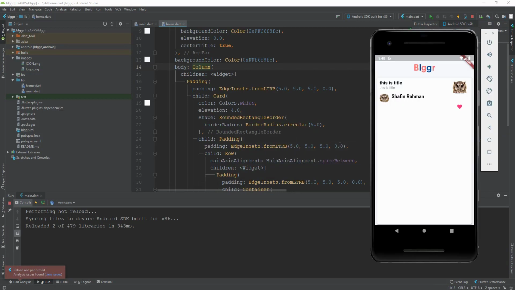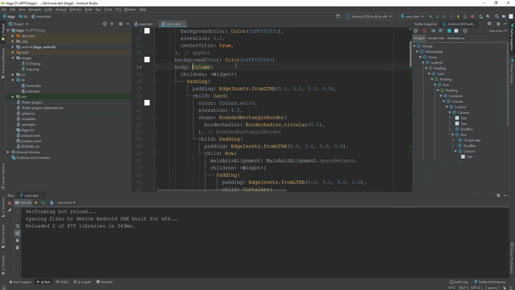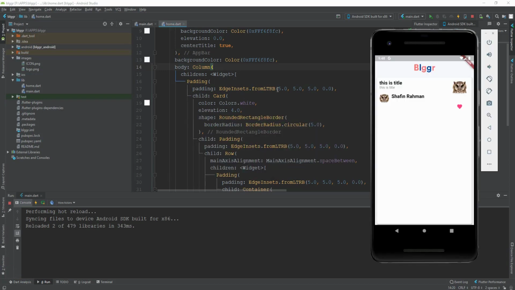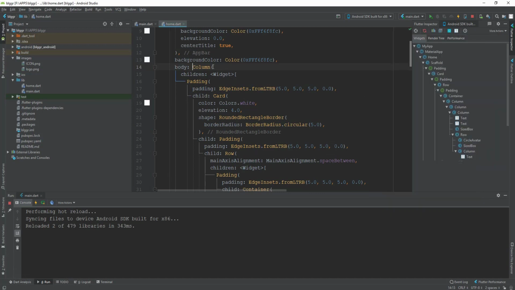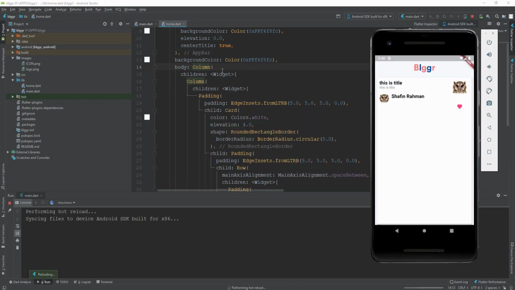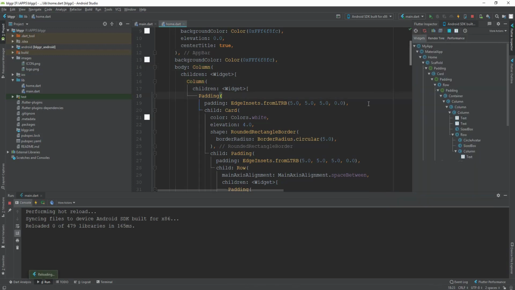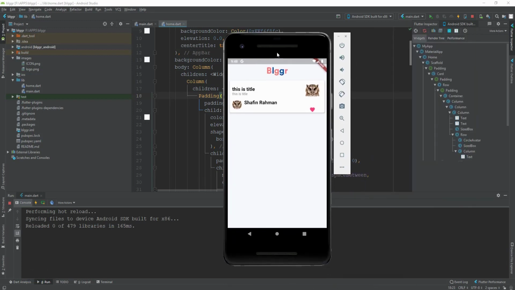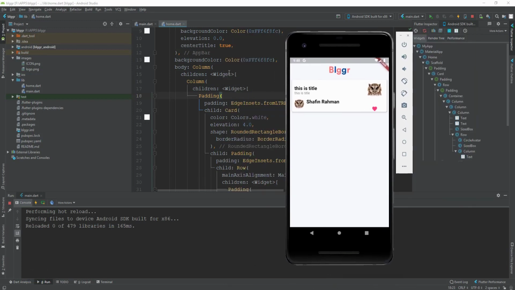Just simple this column, and this column will allow to make this one a specific width. Okay, so add another one and column. Look, it works as it is. Now our this card